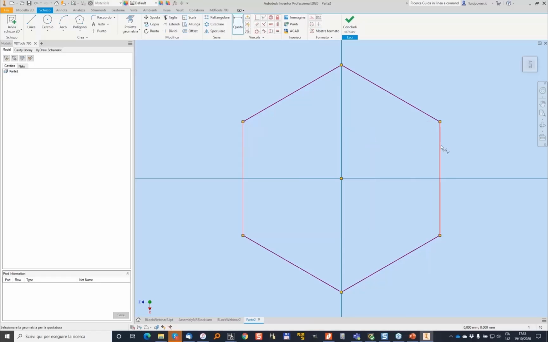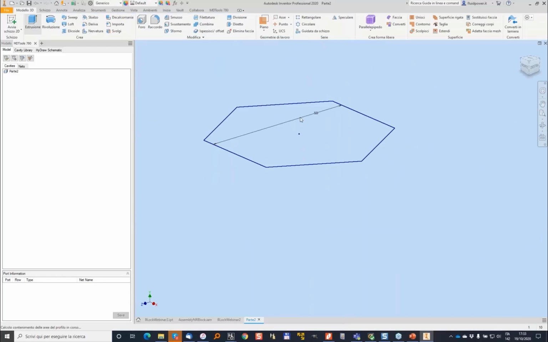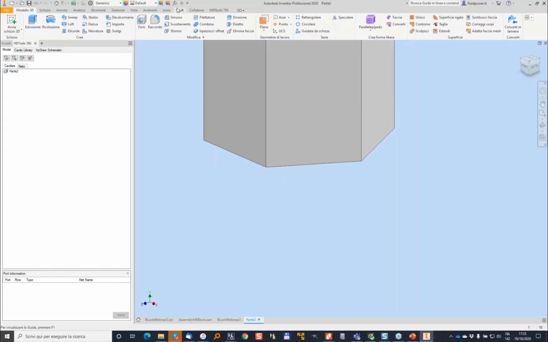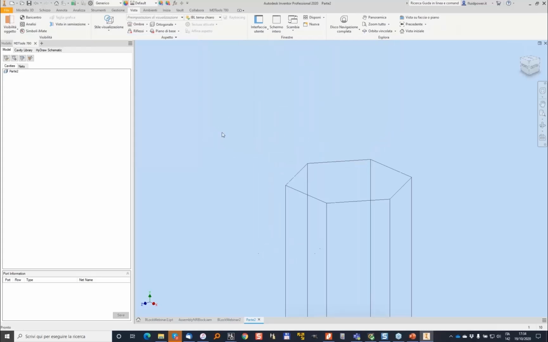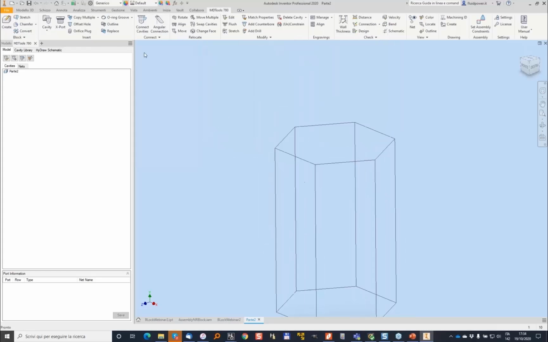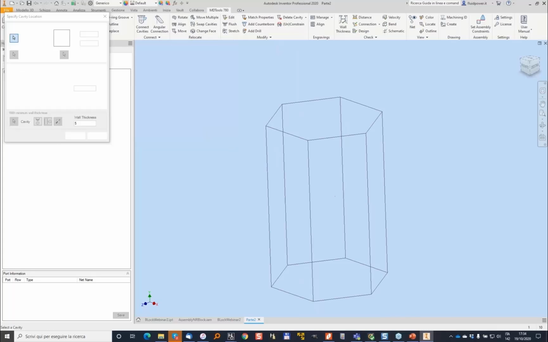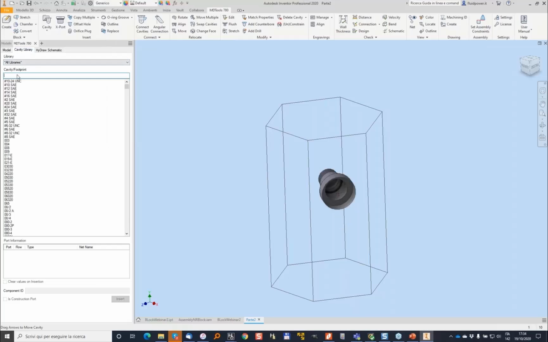And let me also put a dimension. Let's say that's 60 millimeters. We make an extrusion like you would do with SolidWorks or Inventor, 100 millimeters. We switch to wireframe view because we want to see the internal, and here we can place all the cavities, like let's say a plug G1/4, which is positioned here, and maybe we need a cavity VC10 S2